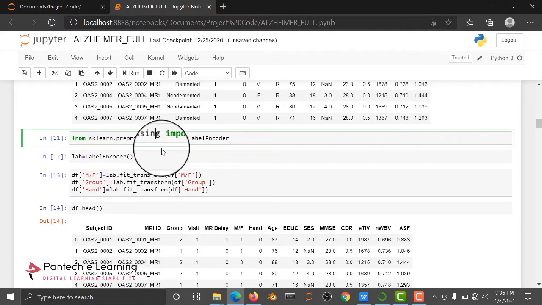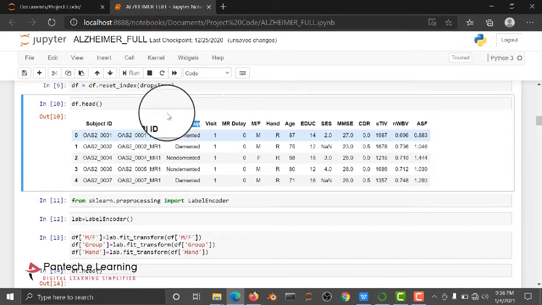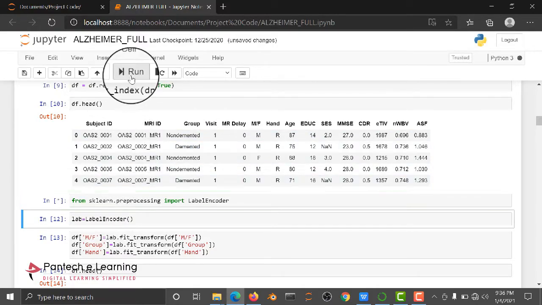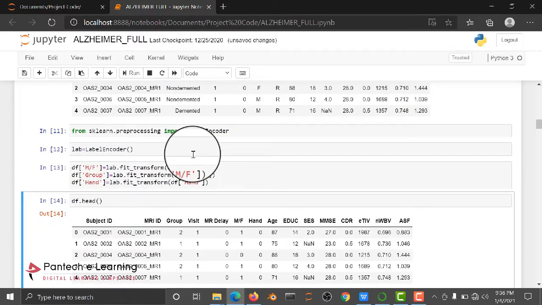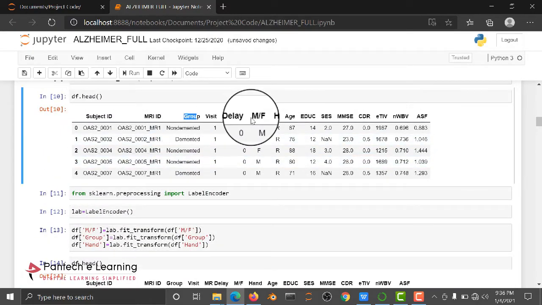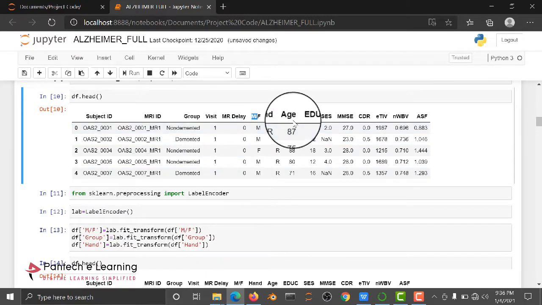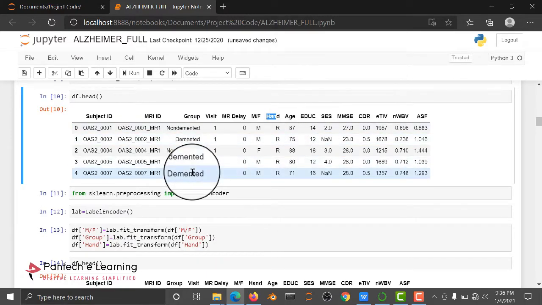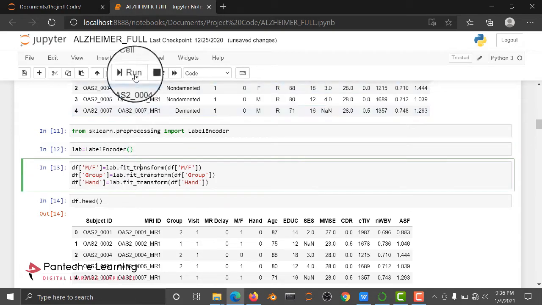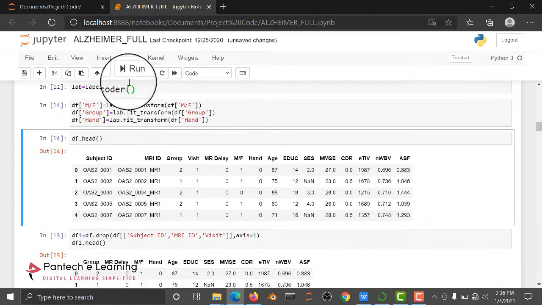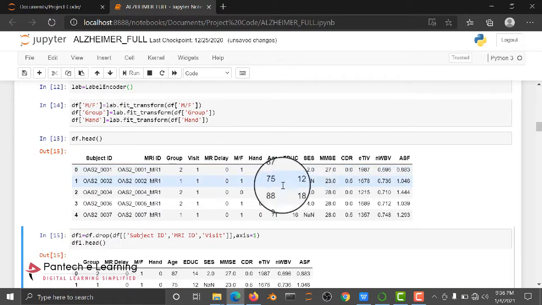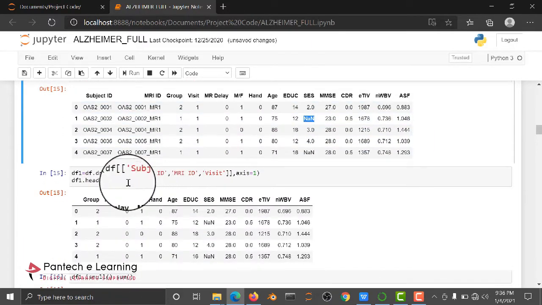Then using label encoder we are converting this group into zeros and ones. And not only this group, we are going to convert male and female as zeros and ones, and then we are going to convert hand. After converting by applying the label encoder, we are just checking the output whether it changed or not. Yes, everything changed, but we have some null values here, so we need to drop the null